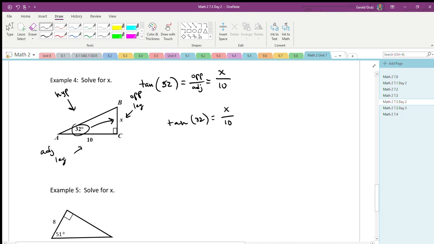X is almost by itself, but right now x is being divided by 10. So the opposite of dividing by 10 will be multiplying by 10. But I got to do that on both sides. 10 divided by 10 is 1, so now I just have x on this side. So then whatever number is over here